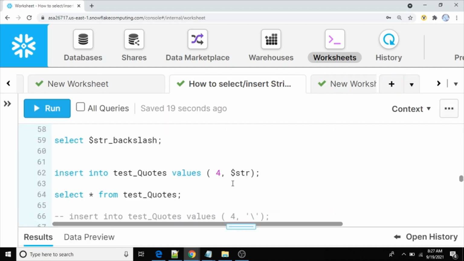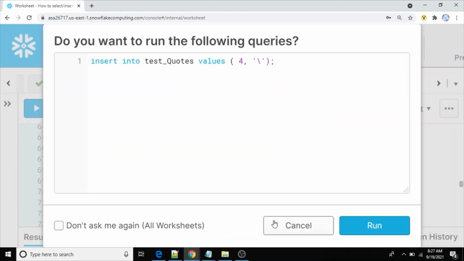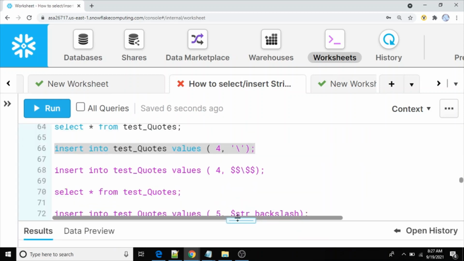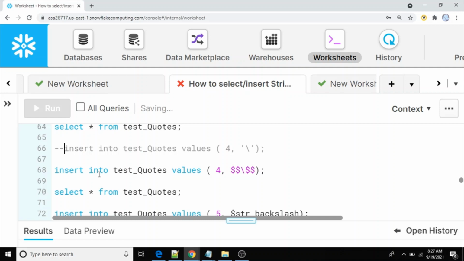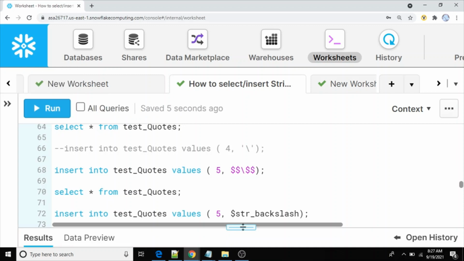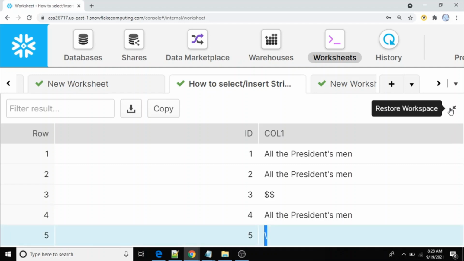Now what I'm going to do here, if you want to insert backslash as part of your string, again we are going to, if you see here, a backslash is a special character. That's why we cannot insert directly, we cannot keep it within the single quote. So instead of that, you can just keep it as part of dollar dollar, and then yeah, number of rows inserted 1. If you see the output here, okay, yeah, fifth, it's inserted, okay, expected value got inserted into our table.